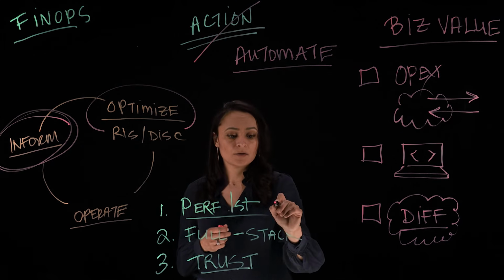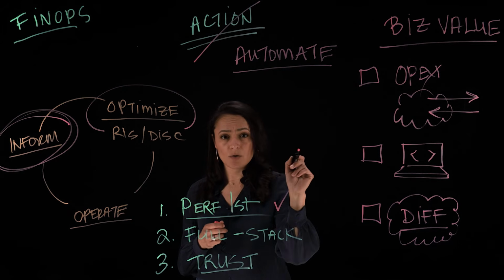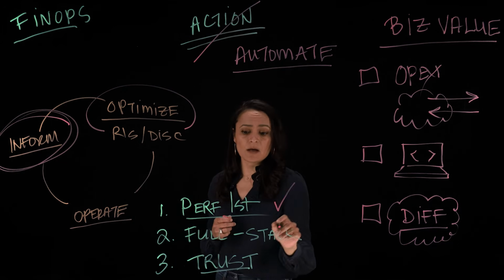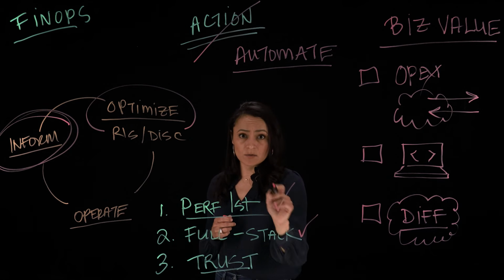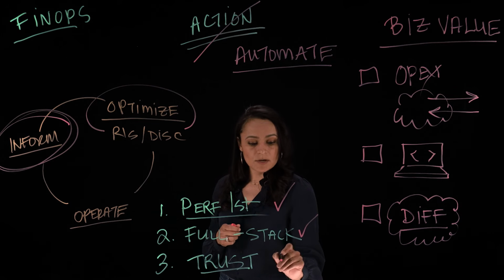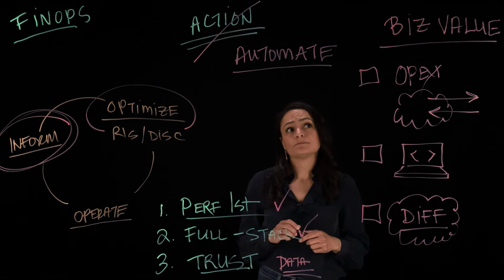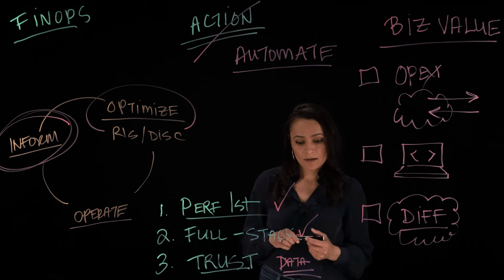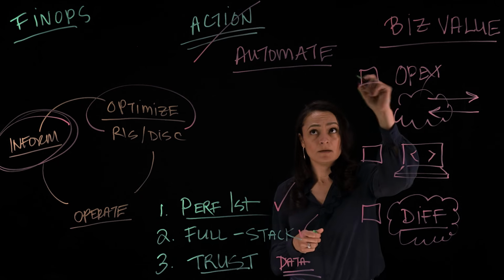And that's why you have to take that performance-first approach. They need to know that you're never going to risk the performance of the application. And if you're going to do that, you need to understand what's going on at every layer of the stack. And to further build that trust, you need to give them the data. Show them, what is the impact of taking these actions? It's a big cultural shift, but if you can do it, if you can automate,